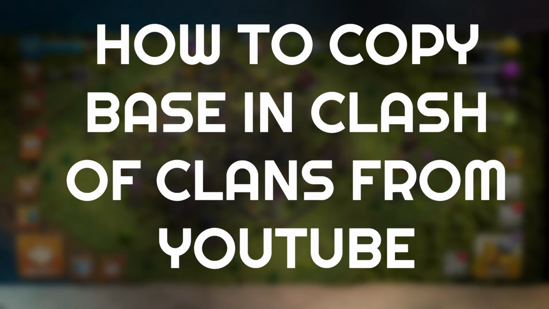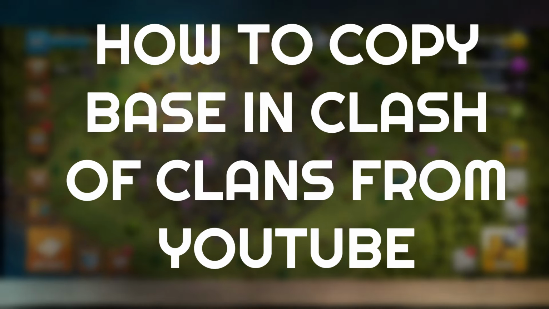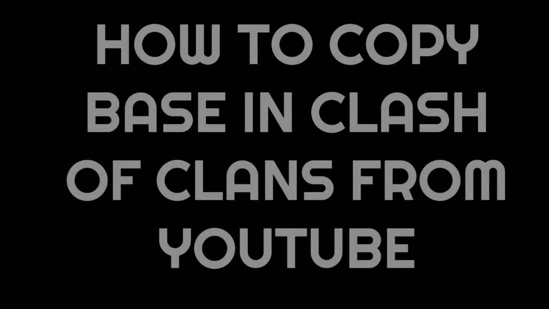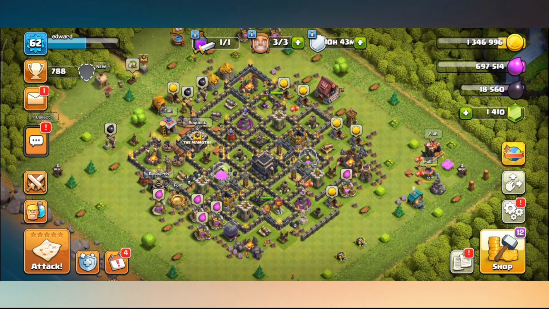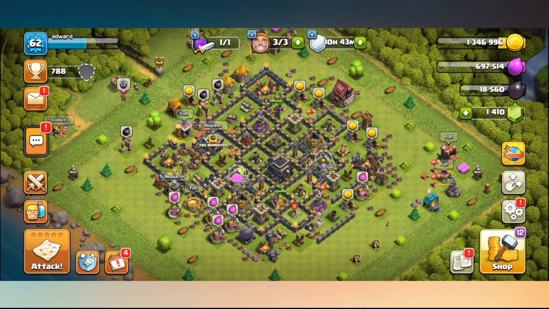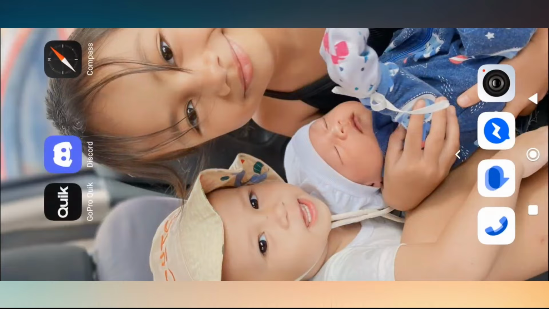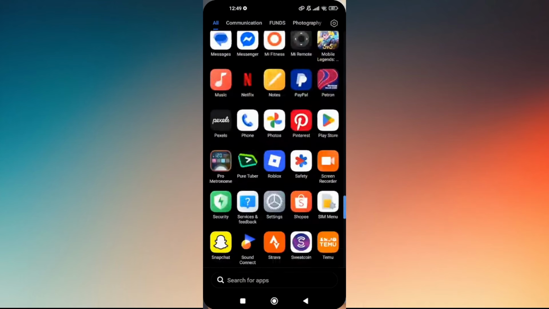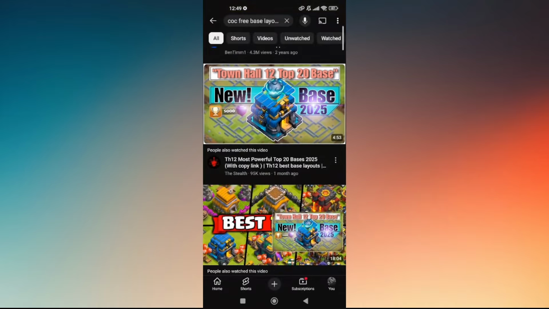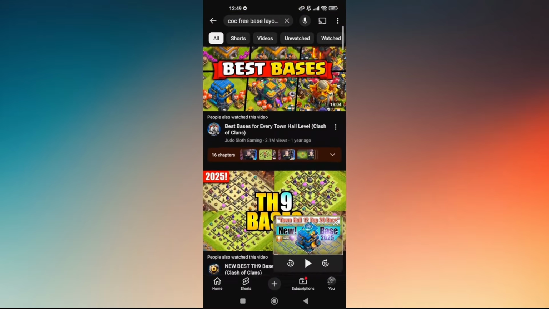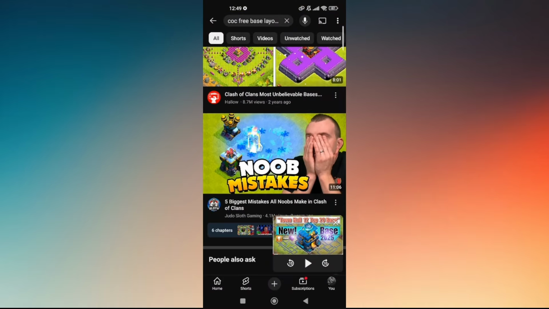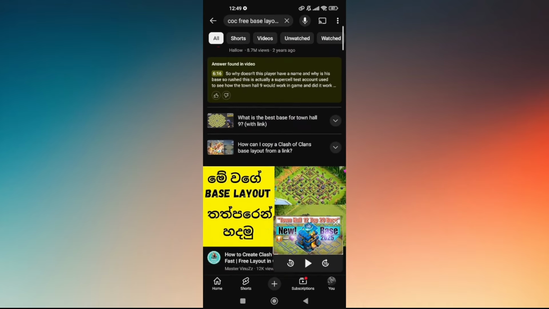How to copy base layout from COC and copying it from YouTube. The first things first is, of course, you need to have a Clash of Clans account and have it prepared, logged in. Next thing to do is, of course, pull up your YouTube application and then just simply choose and then look for a free Clash of Clans base where you can just simply copy it and just paste it